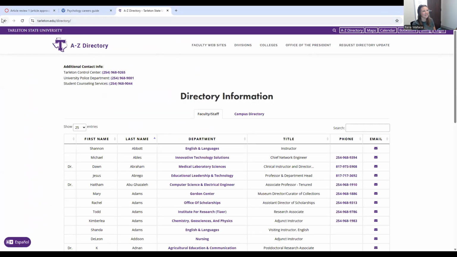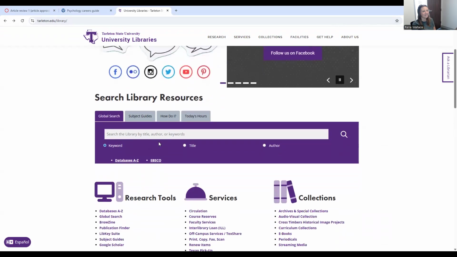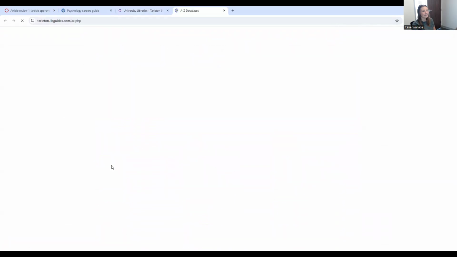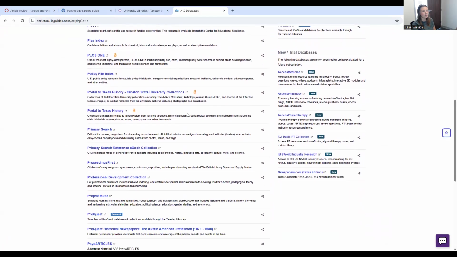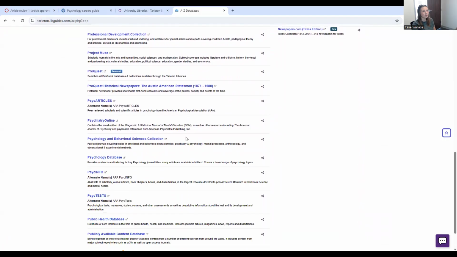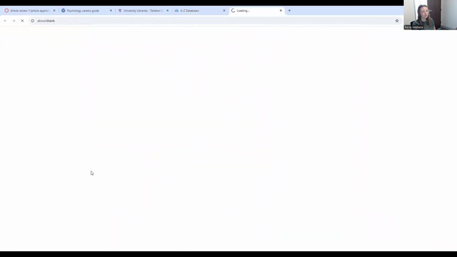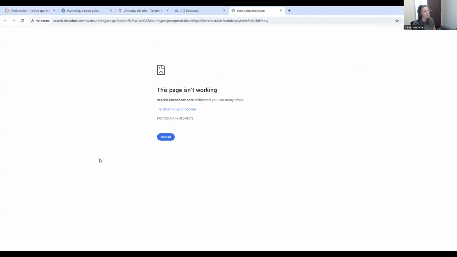Not that directory. This directory, the database. And I'm going to go to P for psychology. Really, the best ones for psychology are the ones in PsycInfo. You can try a couple of the other ones if you want, but I would just stay in PsycInfo. There are thousands and thousands of articles in there, so I'm sure you could find one.